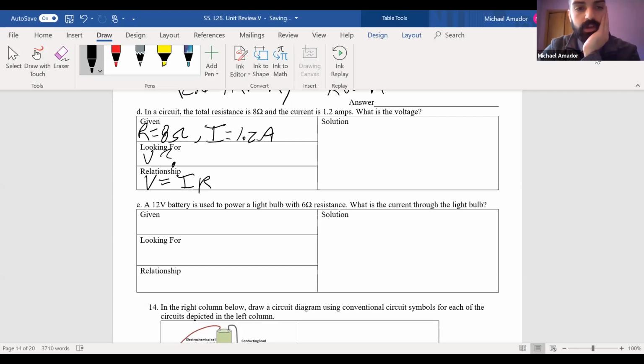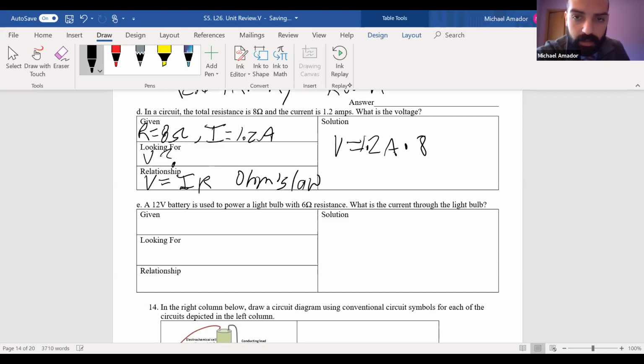The relationship that we're going to use is what we call Ohm's law: voltage is equal to current times resistance. So I'm looking for voltage, I have current, and I have resistance. So I have everything I need to do a little bit of algebra, a little bit of arithmetic. So V is equal to, I'm going to plug in my current, 1.2 amps times 8